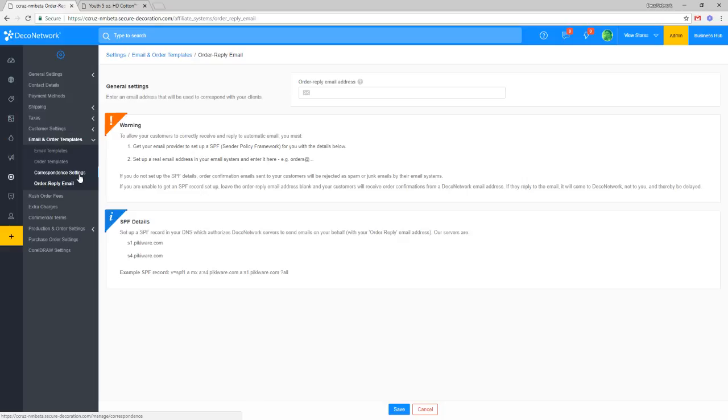Now, there are other emails that the system sends which don't ever come from that DecoNetwork email address, and those would be any email associated with a quote or an order. So sending a quote to the customer, sending the quote for payment, for approval, sending the artwork approval, all of those order type actions come from a unique email address that allows DecoNetwork to track the communication between the end user and that email. So the benefit of that is, let's say